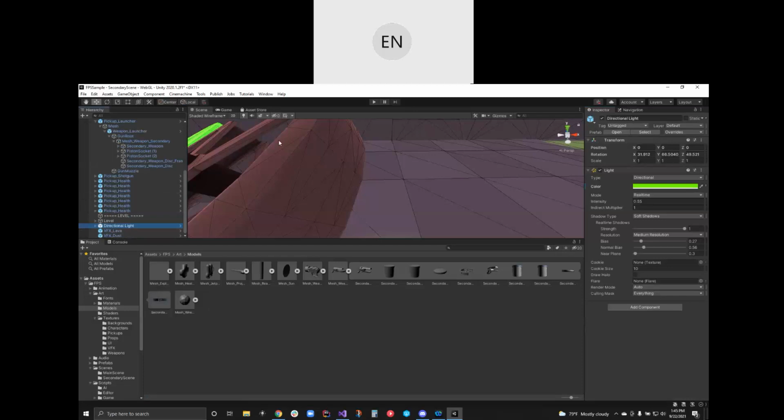In fact, if I take the directional light source, and it's hard to rotate something when you're not looking at it, but if I start rotating this thing in such a way, I don't think it's just the directional, no, there's another light source in here.